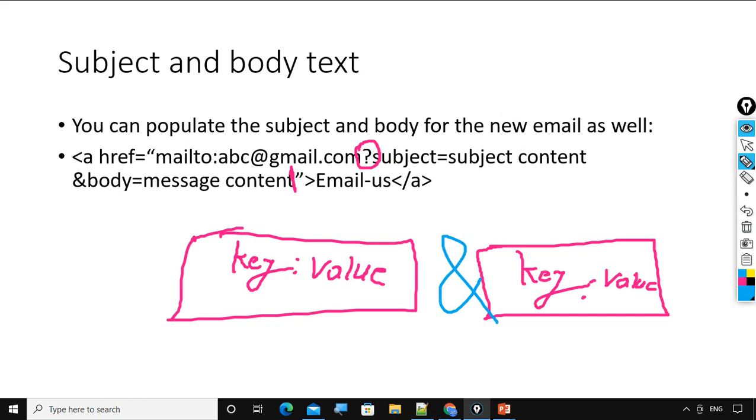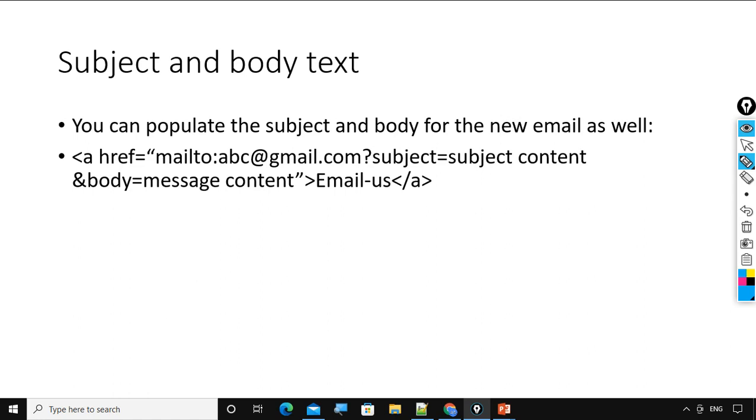Correct. So similarly we have ready-made keys. What are those ready-made keys? For the subject we have the ready-made key subject. And what is the ready-made key for the message or content of the email? We have body. And this is the subject content, the value of the subject key.